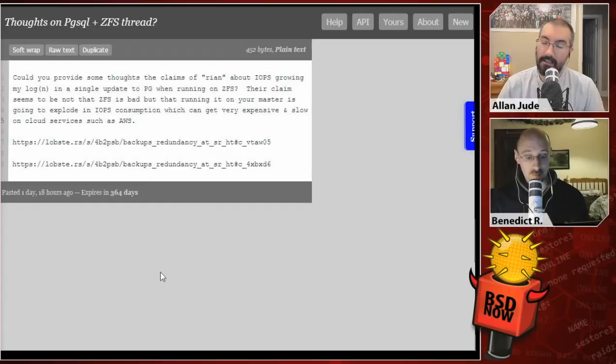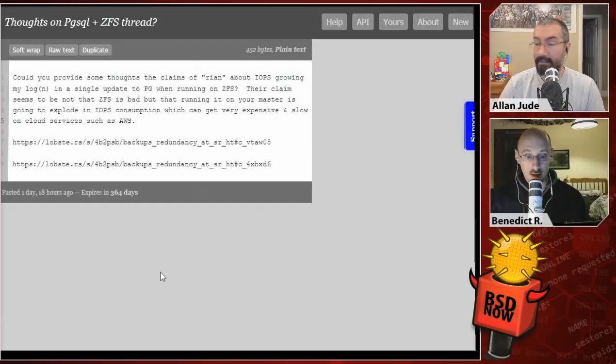And provides two links for us. So yeah, in general, ZFS has to do more work for every write than a different file system. But the IOPS explosion isn't going to be necessarily the same as you think. Because it's copy on write, we're not going to reach back and write the updated metadata in all the different places. It's going to batch it all up together and write it all at once as part of the syncing process. So as long as you have enough free space, it's going to be one big linear write. So it's not going to be as IOPS intensive for the fact that you have to update a bunch of other metadata